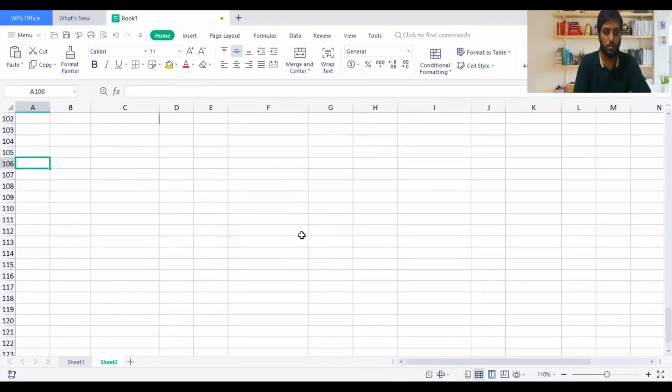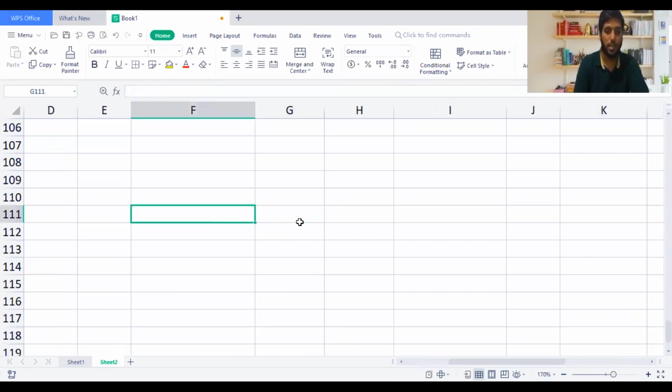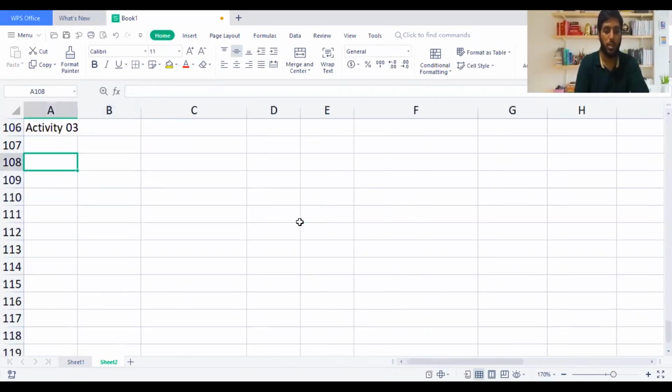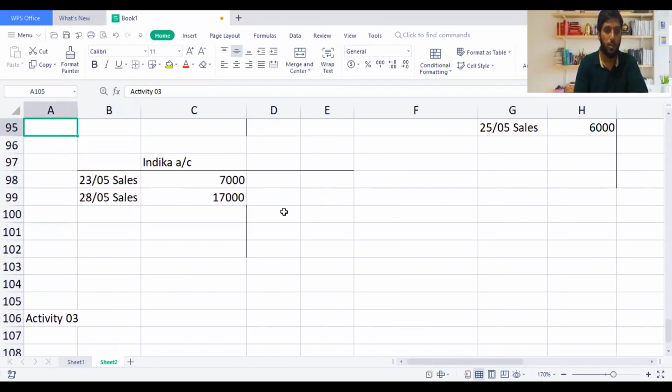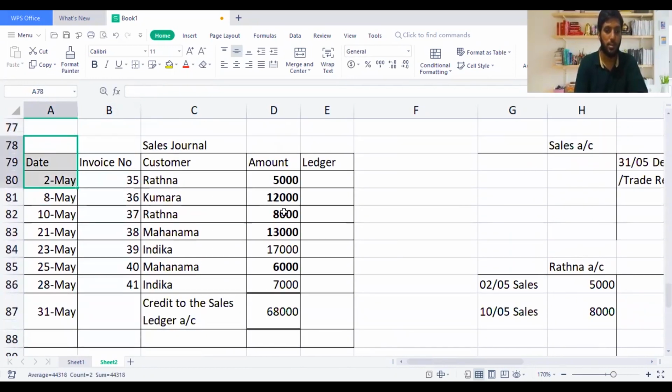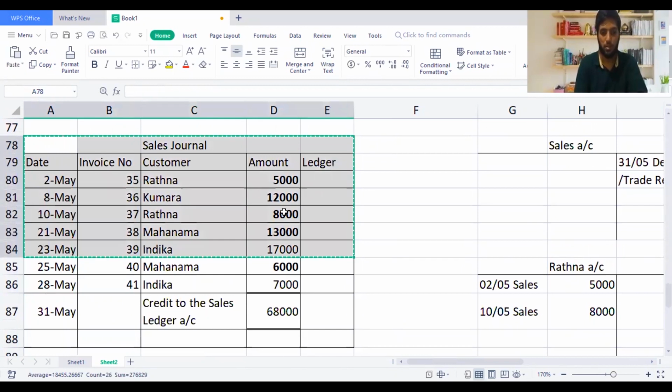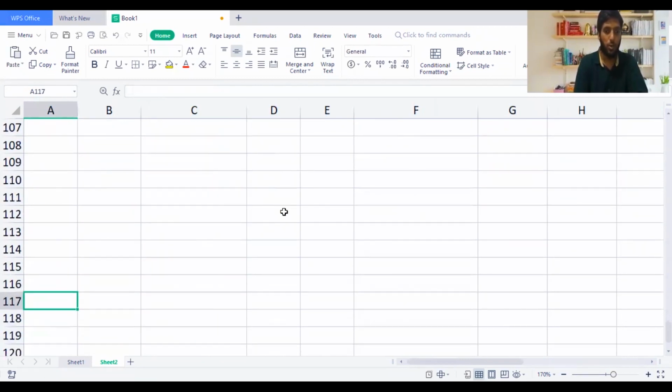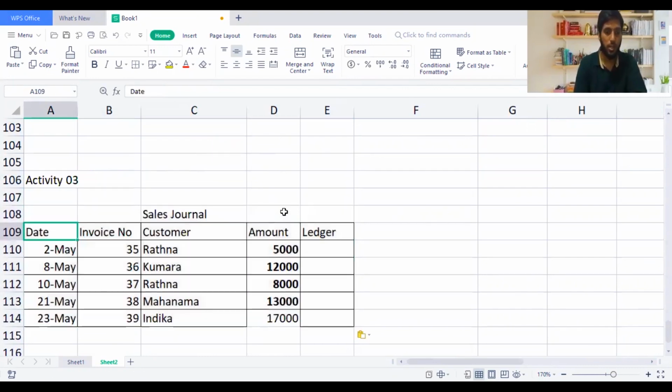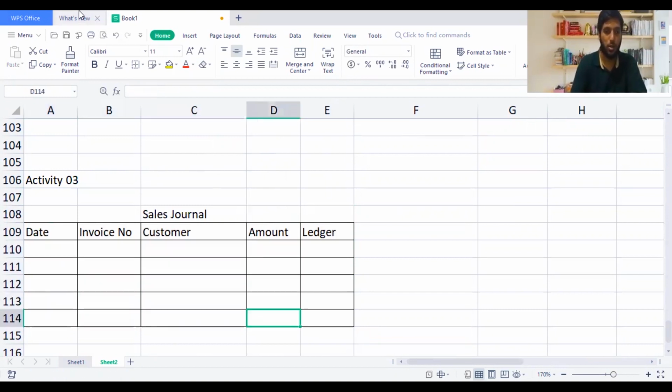Activity number 3. Okay. Activity 3. I'm going to zoom a bit, guys, so we'll have a complete view on what we are going to do now. It's a very easy one, not that time-taking one also. So activity 3, I'm going to copy this format and paste it because it says the same thing. Hope you guys have started to do this sum with me. So here I'm going to erase these values. Let me put a total column.